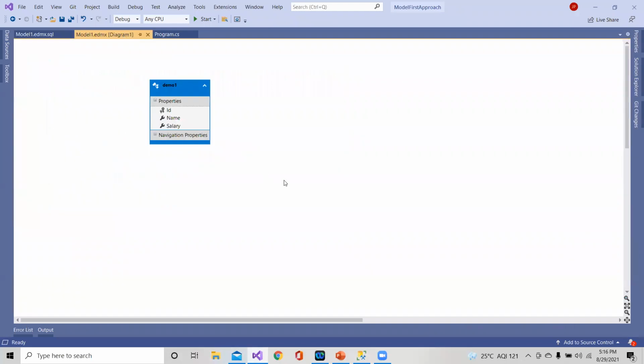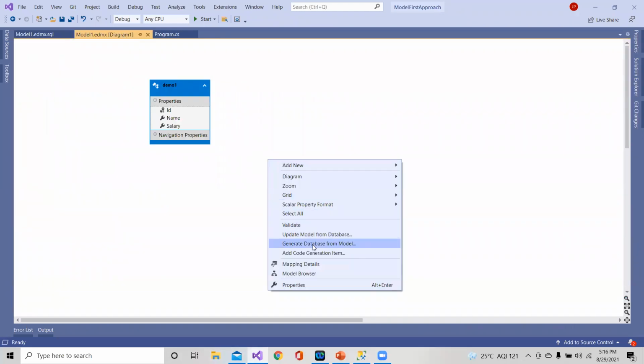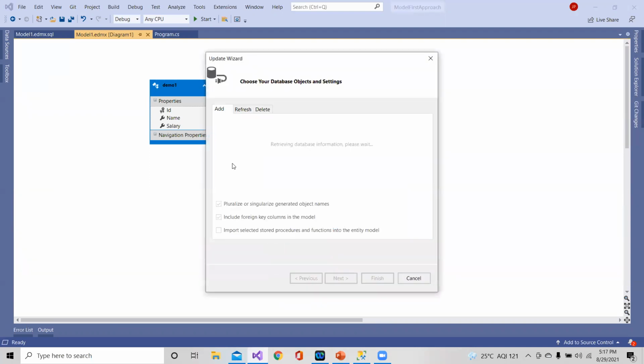So here in this case, we are having two things. One is generating the database from the model and update model from the database. So whenever you are having any kind of changes within the particular database, within the particular model, you can click on this update model from database so that whatever the changes you have done, those are getting highlighted in the tables.